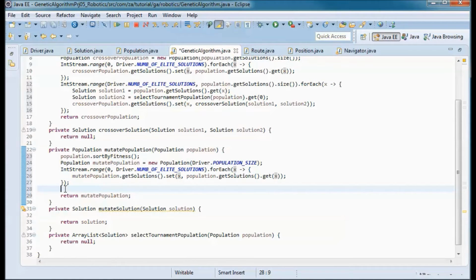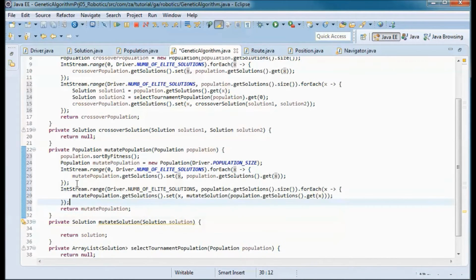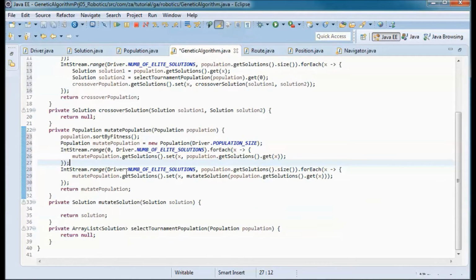As for the remaining solutions to populate this mutate population, we start from the number of elite solutions, so from 1 here, and we go to the size of the solutions that we have, and we end up calling a mutate solution on each one of those solutions.